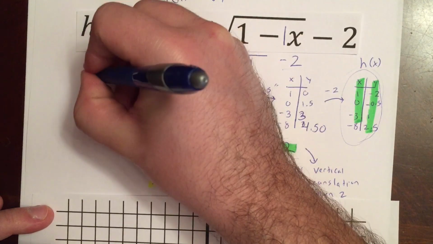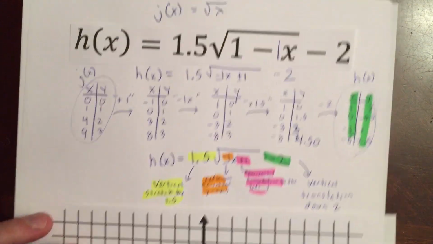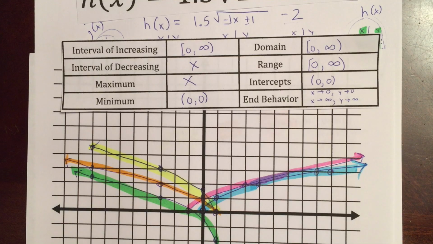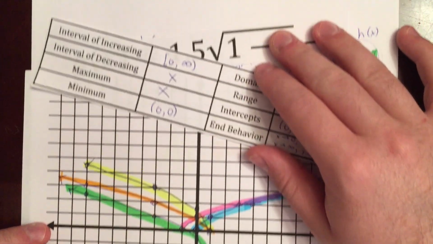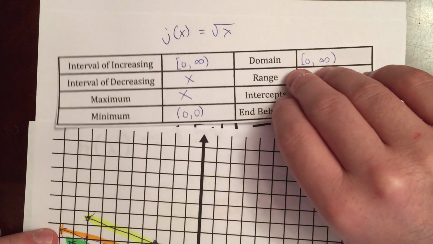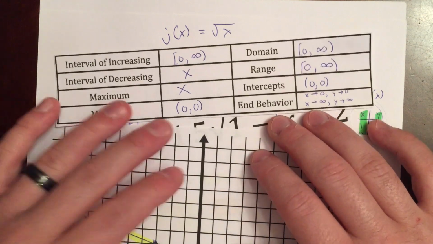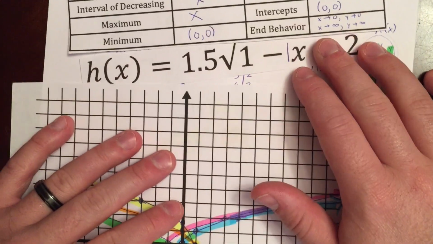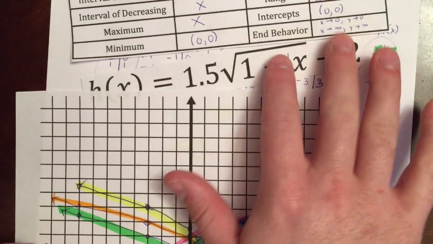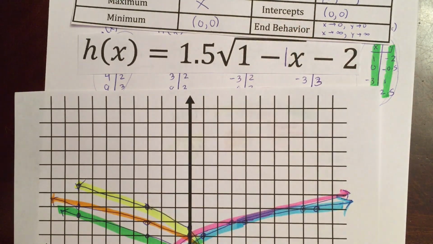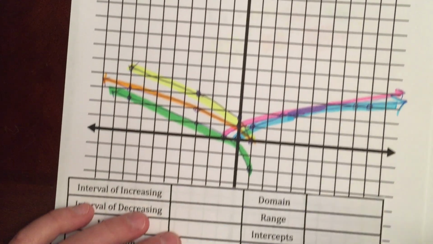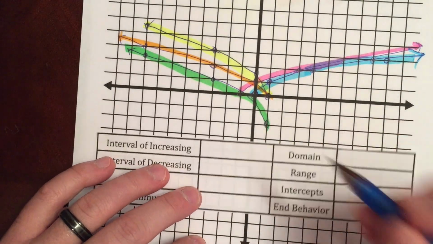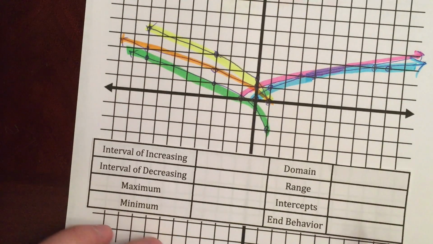So h of x corresponds to j of x through the transformations. Now I want to look at how the key features changed from the parent function to our transformed function. So looking at our h of x here, we're going to try to create new key features based on this function. Looking at our graph for h of x, which is this green one,